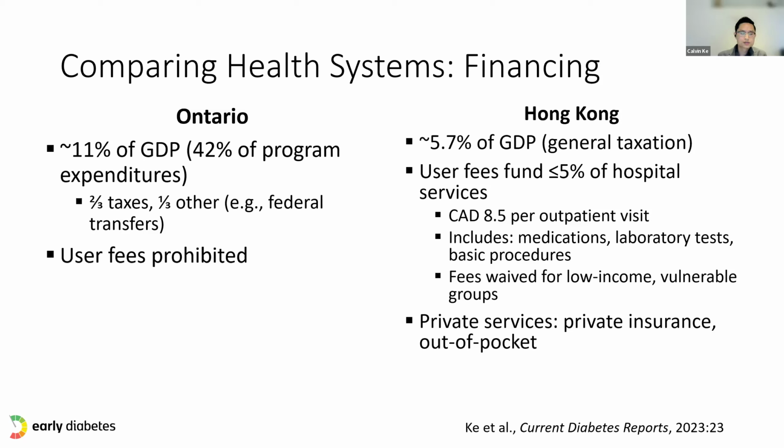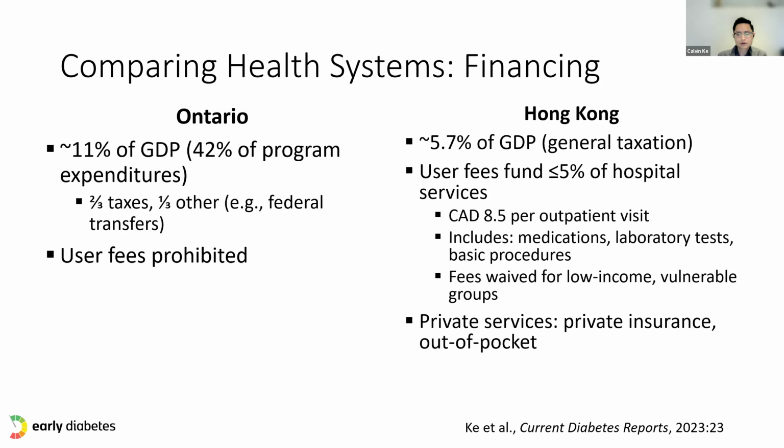2/3 comes from taxes, and the other comes from federal transfers. But in Hong Kong, the spending on healthcare systems is a combination of taxes and a very small percentage of user fees. So less than 5% of the financing comes from these fees that patients pay. It's about